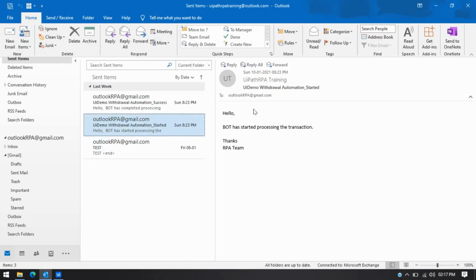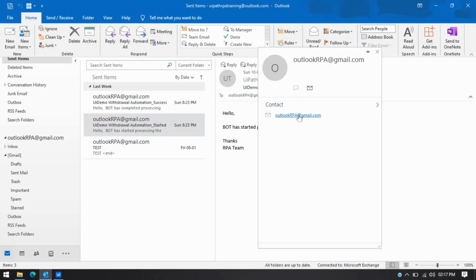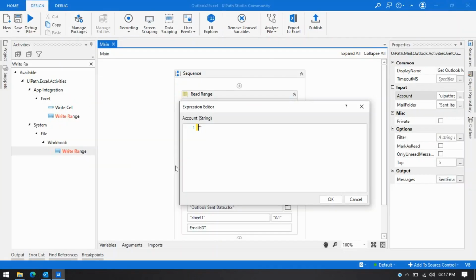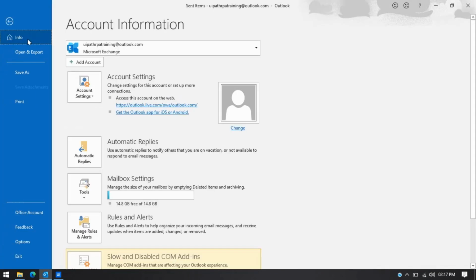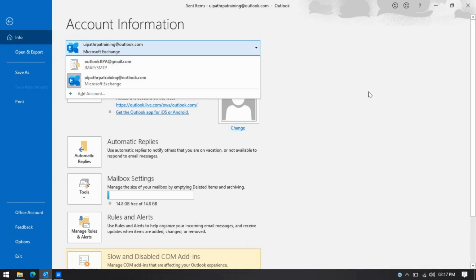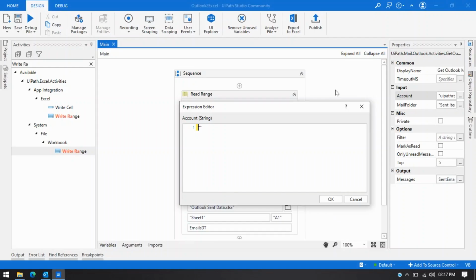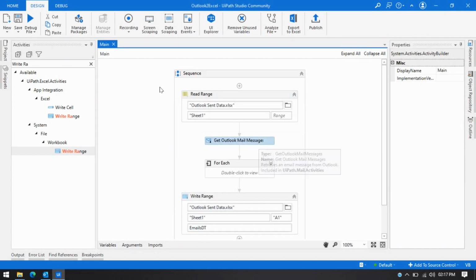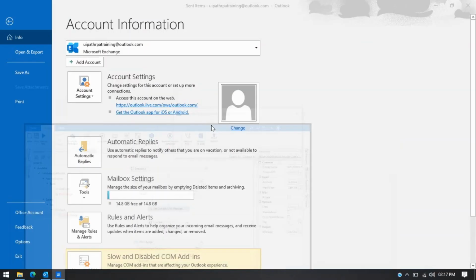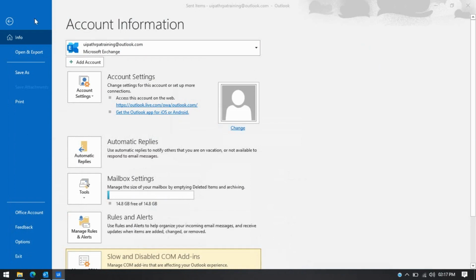So let me copy that. This is the email ID. Let me copy that. This is the same thing, right? And you can also check from here. We have two accounts, outlookrp@gmail.com. So I'm going to mention that one, and you can see here I'm just going to run that, and what will happen, we'll be getting one error,